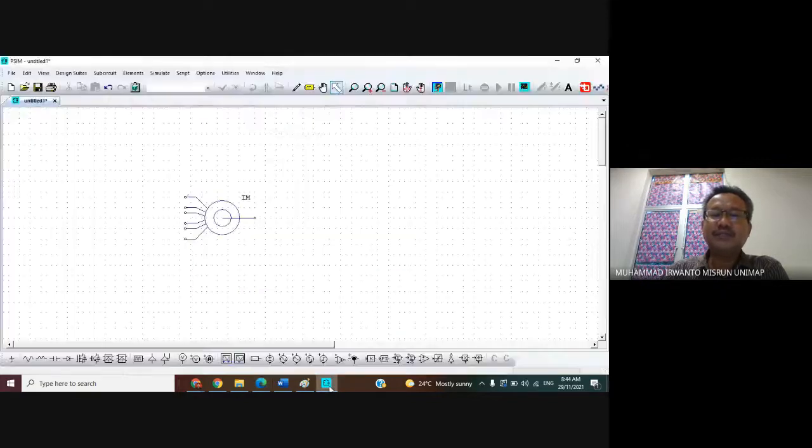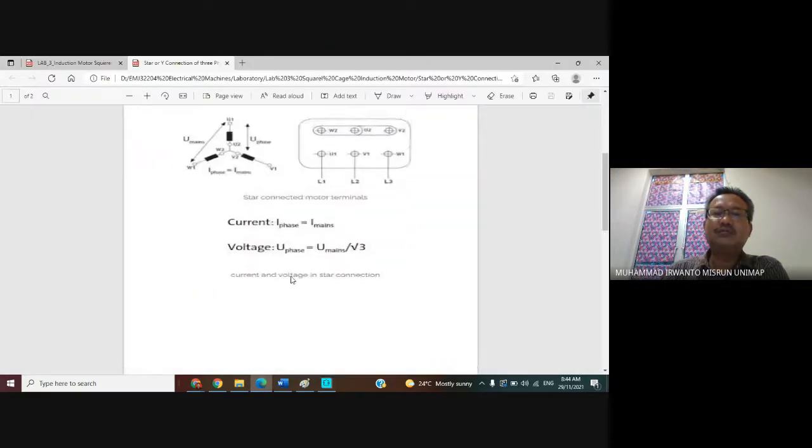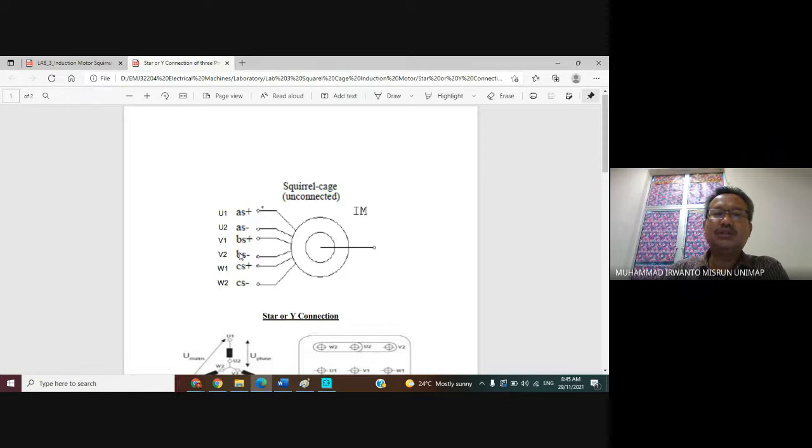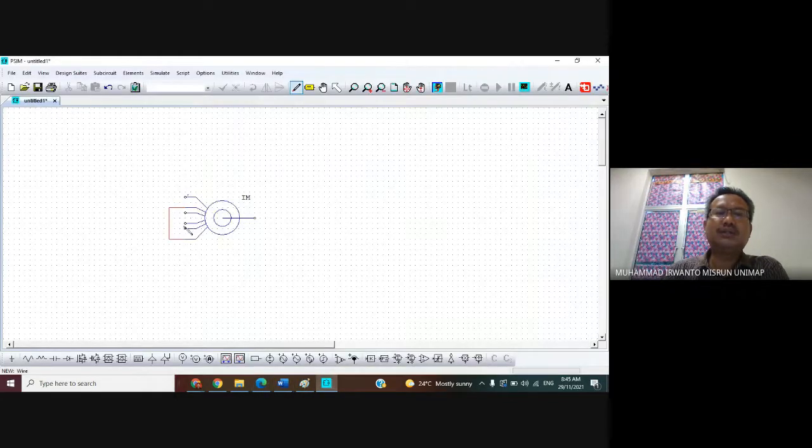So for example, as I said, if you want to obtain the Y connection, just connect U2, V2, W2 following this. Connect U2, V2, and this is correct.